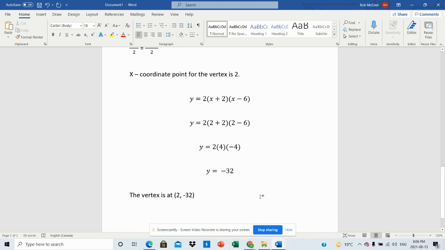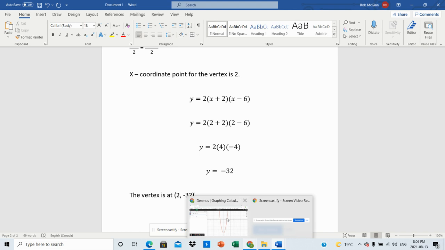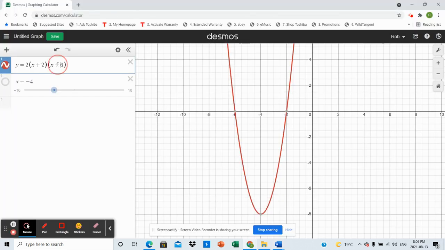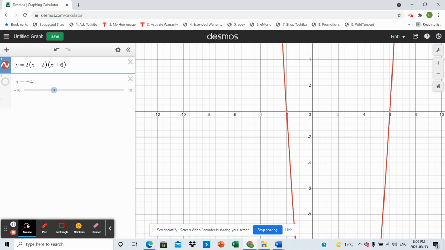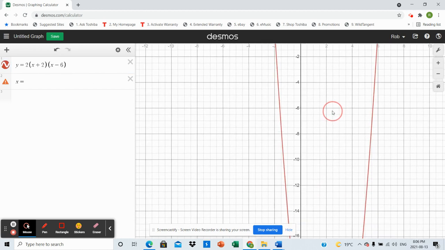So x plus 2, x minus 6. Yes, that's what I thought. So if I wanted to do this, I can just take a look here at this one. Sorry, just changing one thing. I'll do that in a second. Here we go. We put in our equation y equals 2 times x plus 2, x minus 6. Well, if you recall, it said